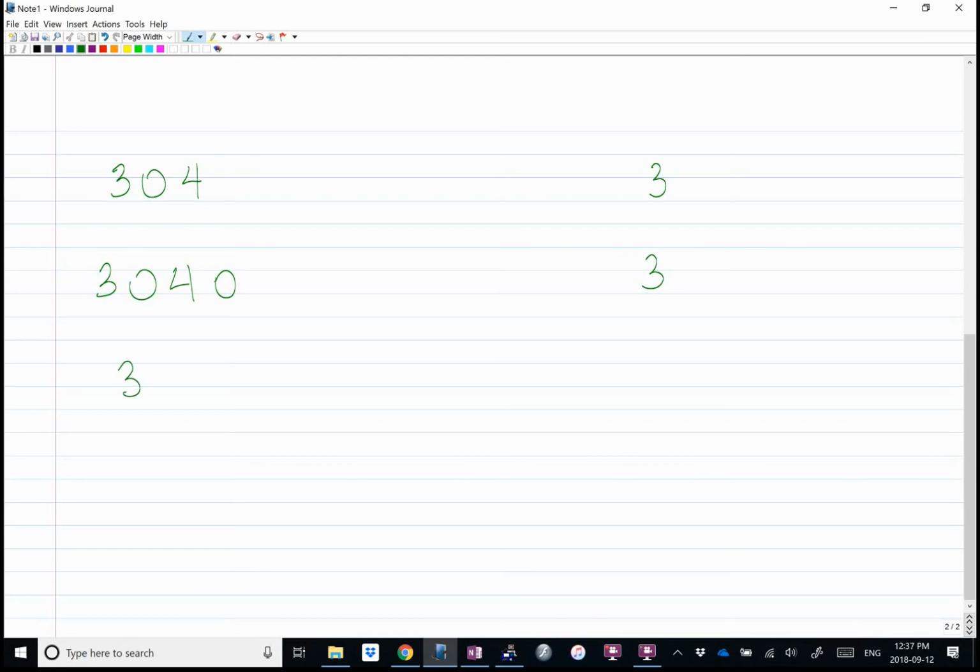How many sig figs? How many sig figs? How many sig figs? How many sig figs? What if I measured this and the number that I got right there was a 0,